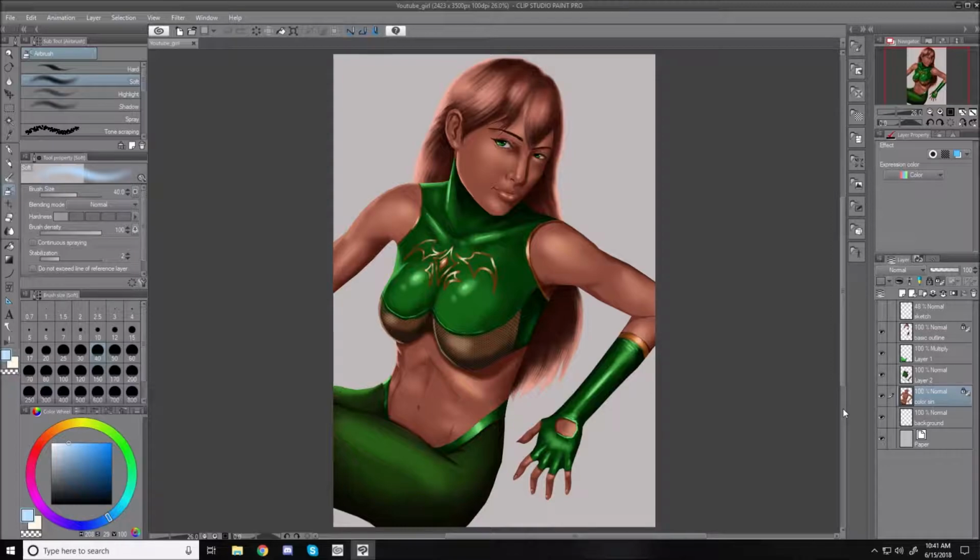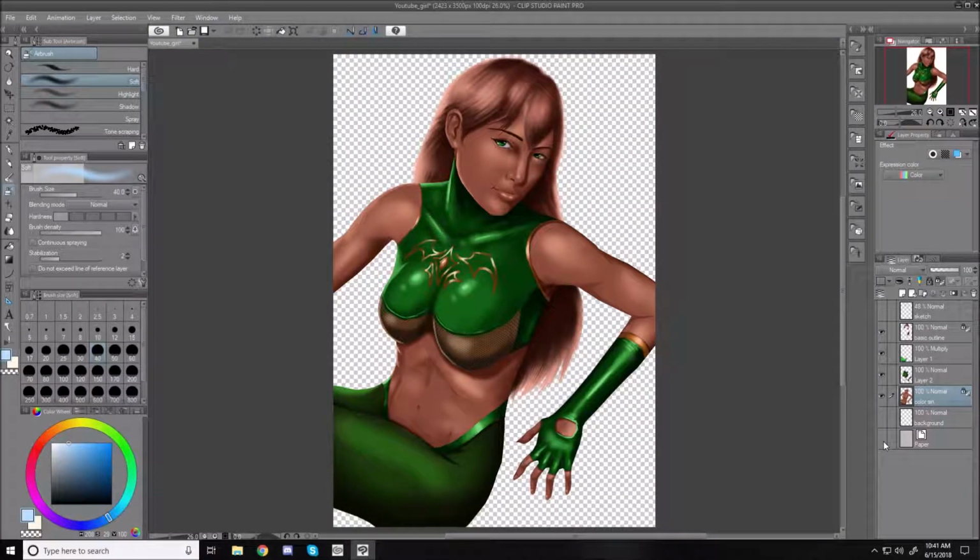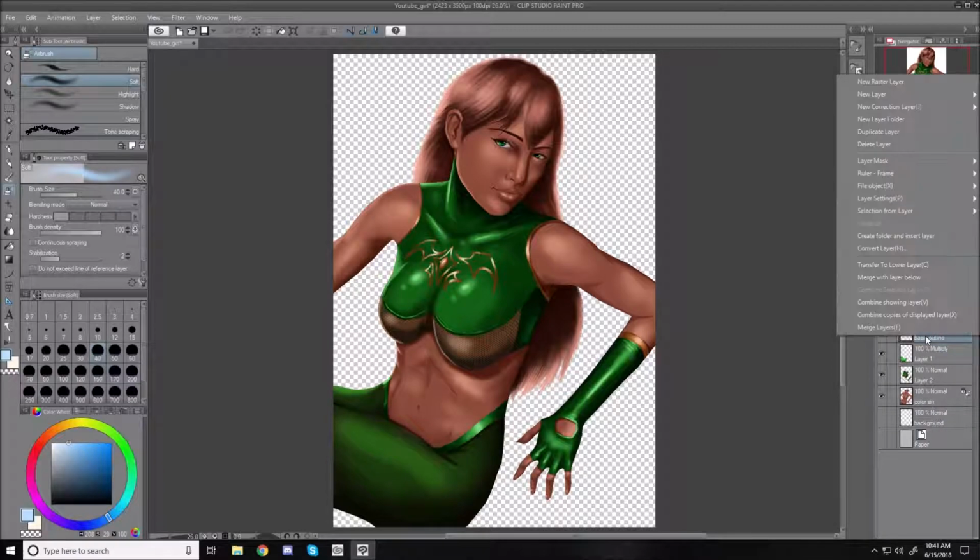So the first thing we need to do, since we're done with all the stuff of our figure, is combine what we got for our figure. The way you do this in Clip Studio Paint is I'm going to turn off the eye for the background, turn off the eye for the paper, and make sure the eye for the sketch is off. These are the ones we want to combine, so we make sure that they are seen, right click,